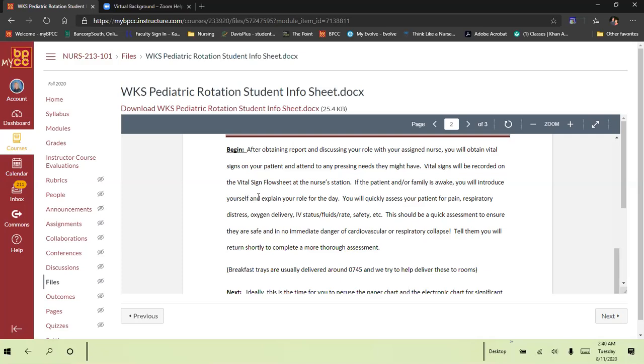If your patient's awake, you introduce yourself to the family, have a little get to know session, do a quick life threat assessment. You're assessing for life threats, for pain, respiratory distress. If they're on oxygen, make sure it's properly in place. Make sure their IV is not infiltrated. Just do a quick look over to make sure they're alive and well,